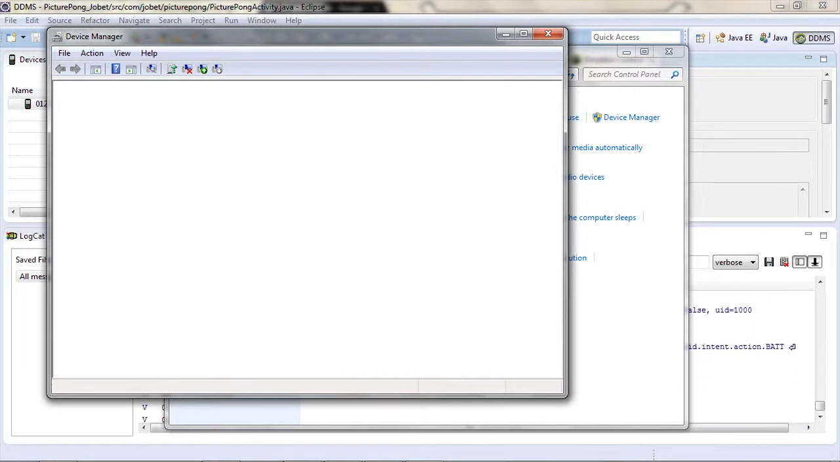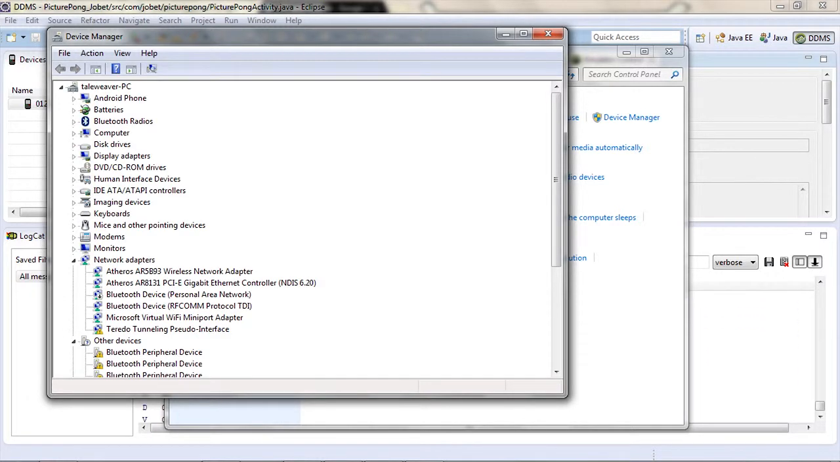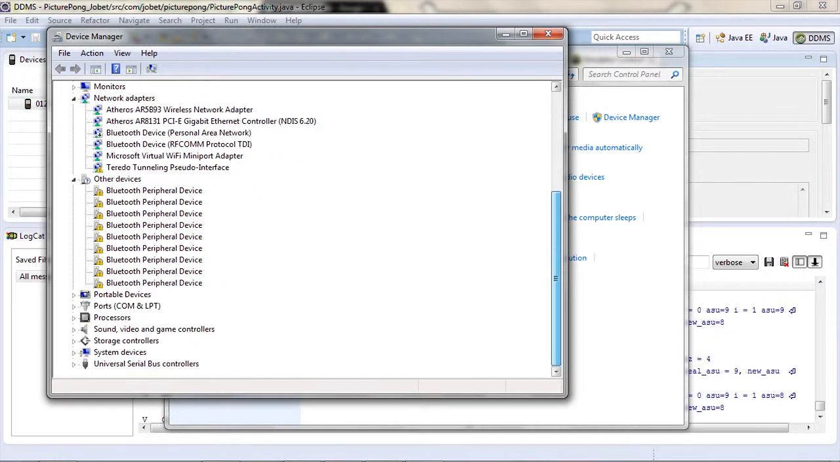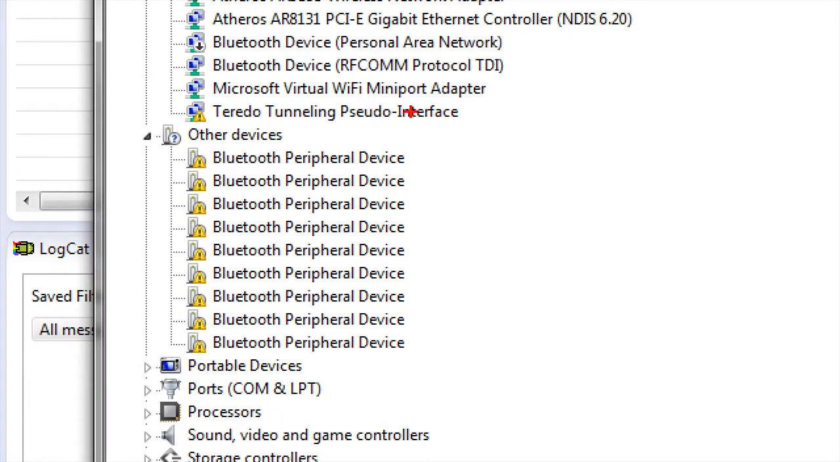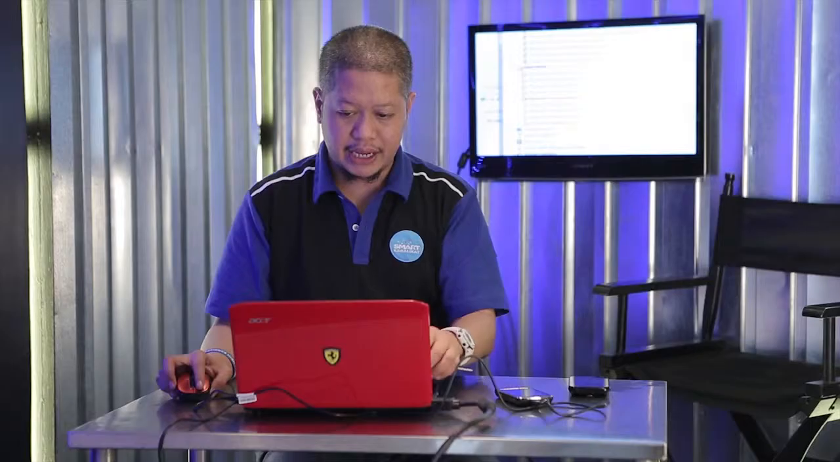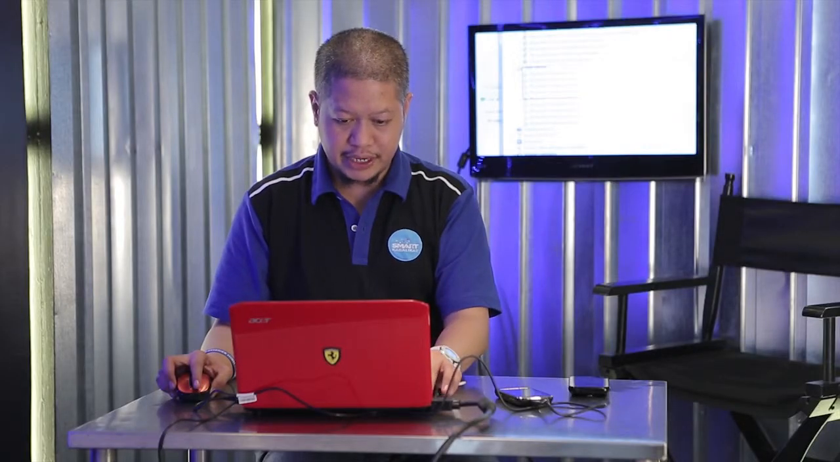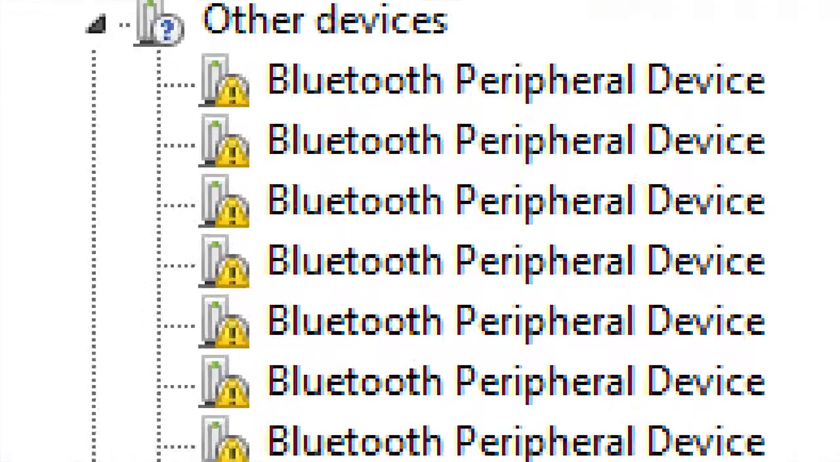And go to our old style device manager. If your Android device did not install properly, you should see an entry in this section. Since my Lenovo Android device installed correctly, I do not see its name in other devices. If you see it here,